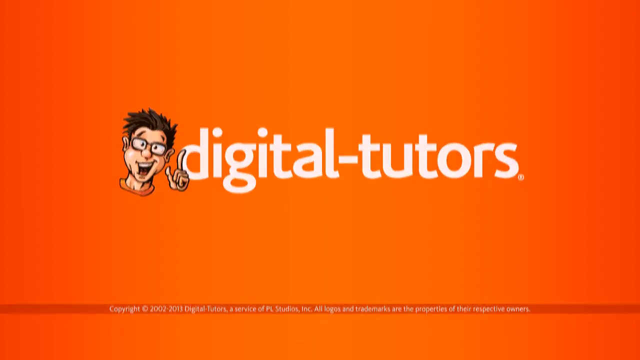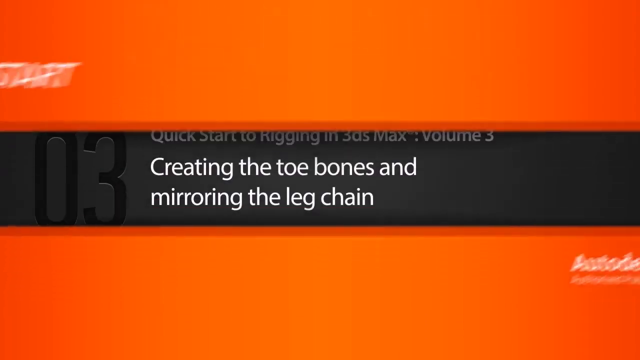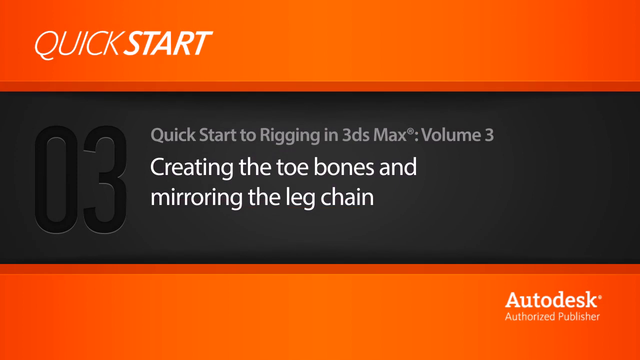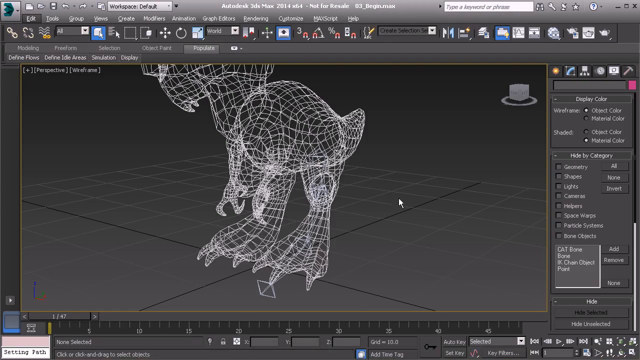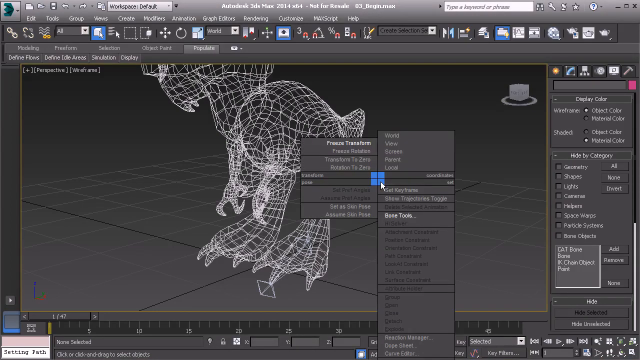In this lesson, we will create the creature's toe bones and mirror its leg. I'd like to start by saying that there is a faster way to access our tools. If I were to go ahead and Alt-right-click, you'll see that my Animate Quad menu might look slightly different from